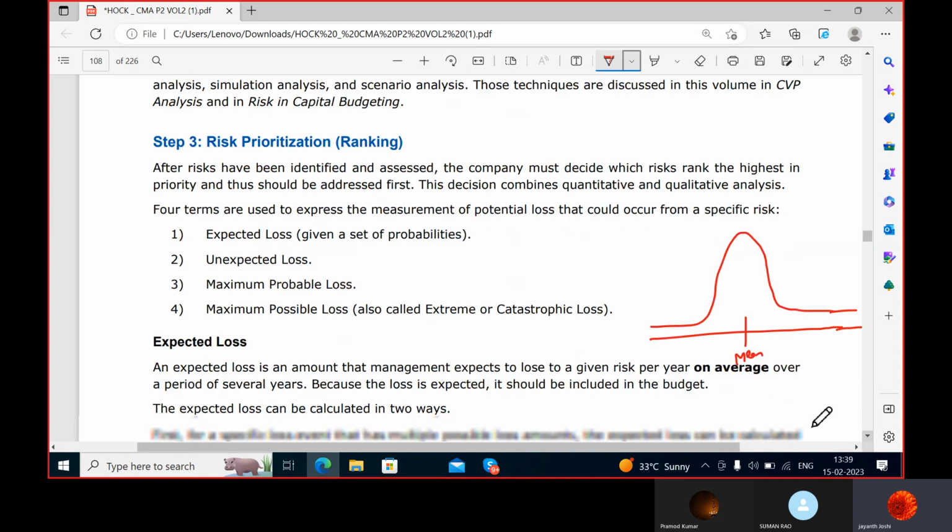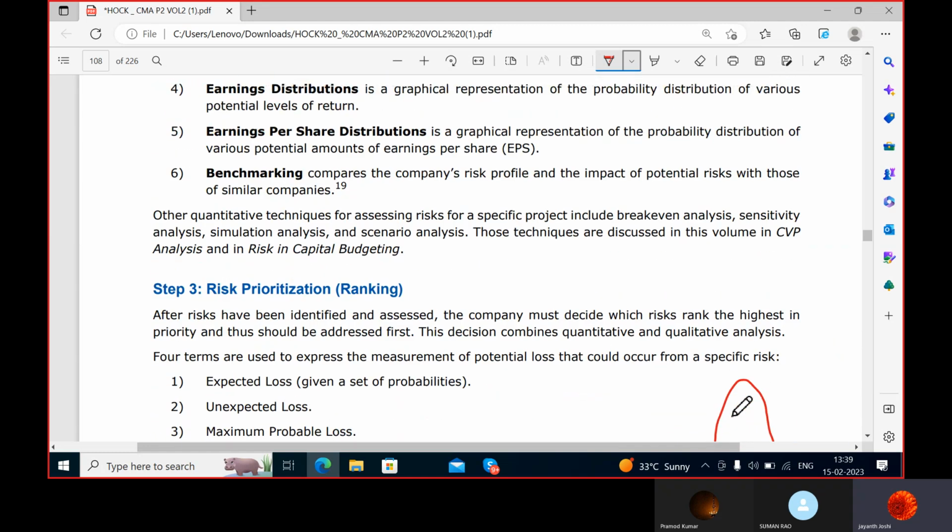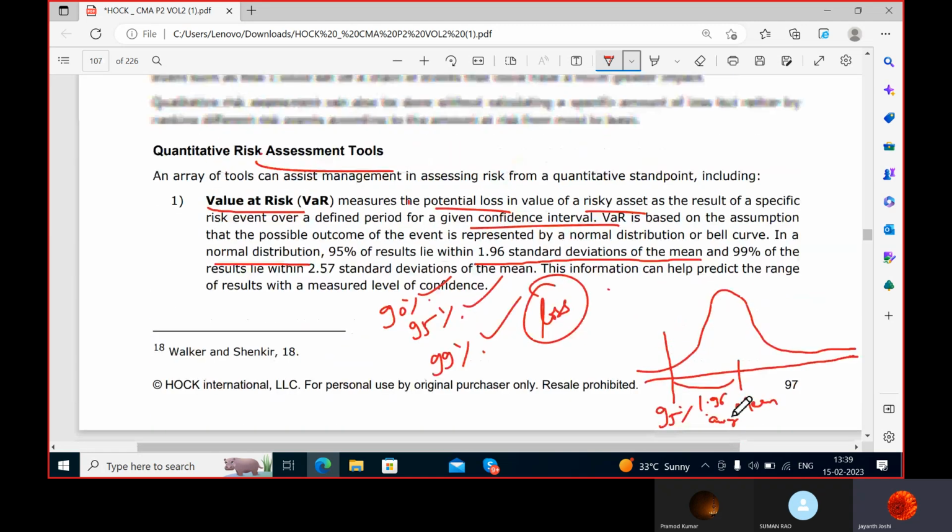Suppose you have invested in some mutual funds and you are expecting 10% returns from those mutual funds. But there are chances that you can get 12% as well as 8%. So what is the standard deviation here? 2%. That shows there is a volatility of 2% in getting these returns. The returns can be more than this or less than this. There's a chance, or volatility, or deviation. So here there is a concept called Z score.